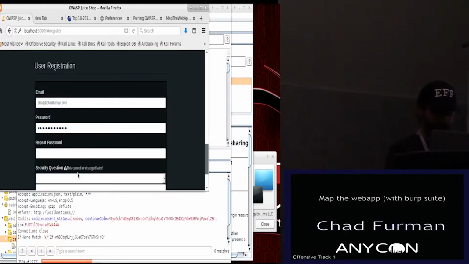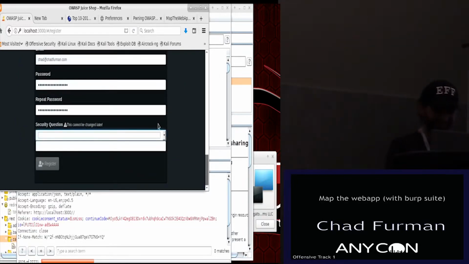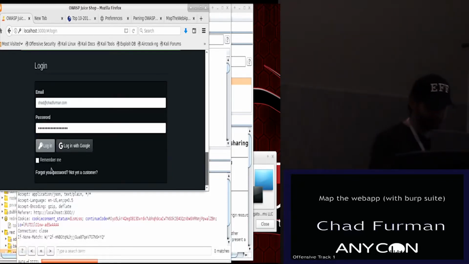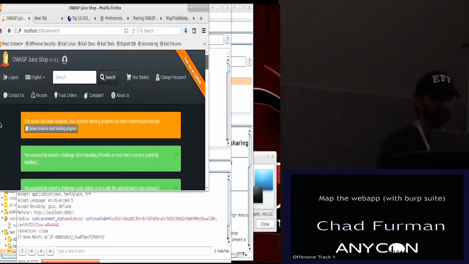Not yet a customer. So let's just say my super secure password is my email address. My father's birthday is also my email address. And now I can log in. Cool. So now I have an account that I own. I also have an admin account that I can play around with. The account that I own, let's see, if I search for cats,